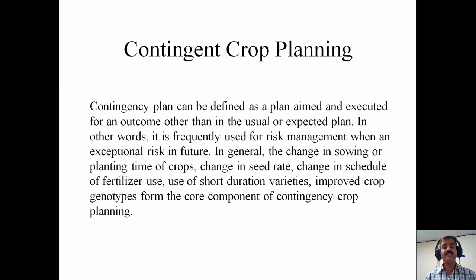Let's say if we take the example of Uttarakhand, in Uttarakhand the normal planning of rice crop is like that. We lay nursery in the month of June, and when it is almost 1 month old, in first week of July we transplant those seedlings in the field. And this transplantation is only possible when sufficient moisture is available, and this first week of July is usually taken for transplantation, because this is the time when a good amount of moisture because of the precipitation would be available in the field. You all know that for transplantation good amount of moisture in the field is required.